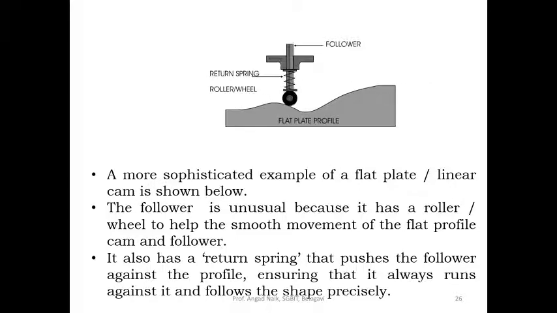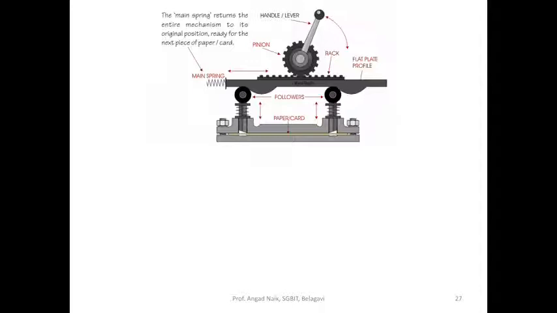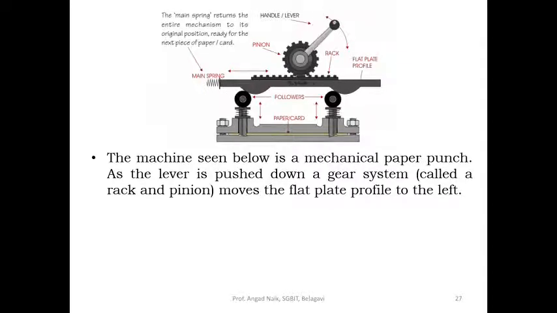Now we'll take an example of a machine where this can be used. The main spring returns the entire mechanism to its original position. So the machine seen below is a mechanical paper punch. As the lever is pushed down,